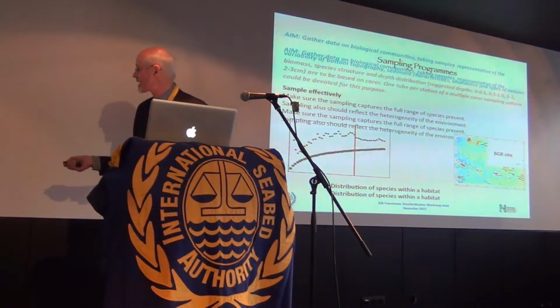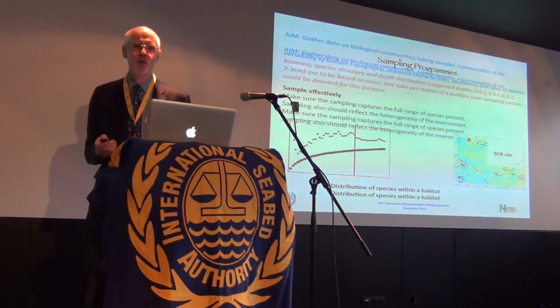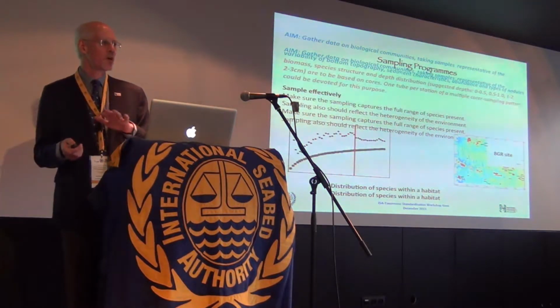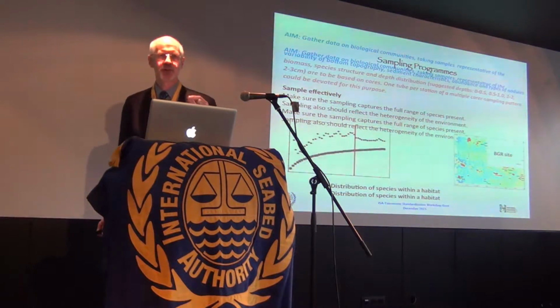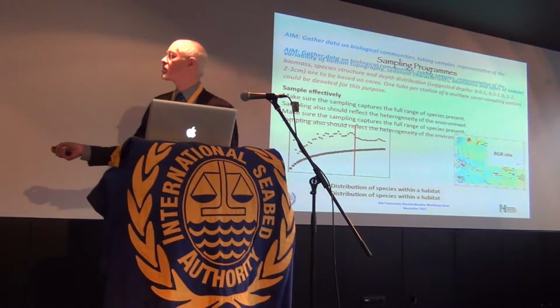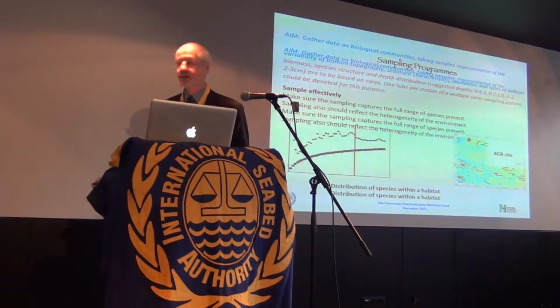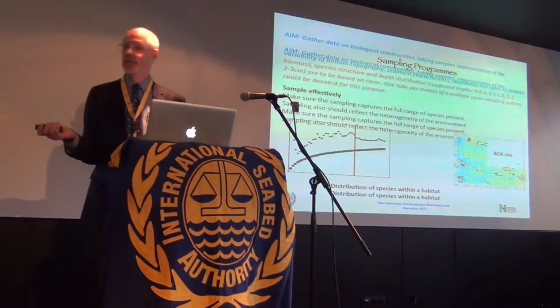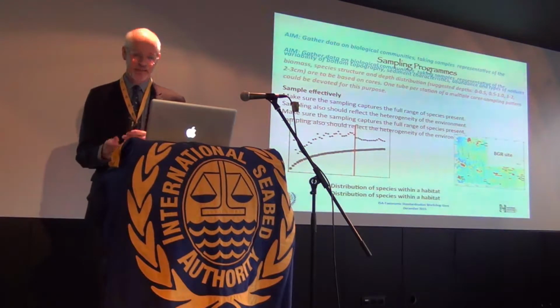This graphic here was given to me by my colleagues in Germany, and it's here to remind people that the deep sea is not a homogeneous environment. It is not flat abyssal plains going on forever. It is actually heterogeneous on a number of scales, from the very local to the very large. This is geographic topography showing seamounts, but it also shows troughs, small ridges. So there is a huge degree of heterogeneity, and to get a handle on that, we need to structure the sampling programs accordingly.